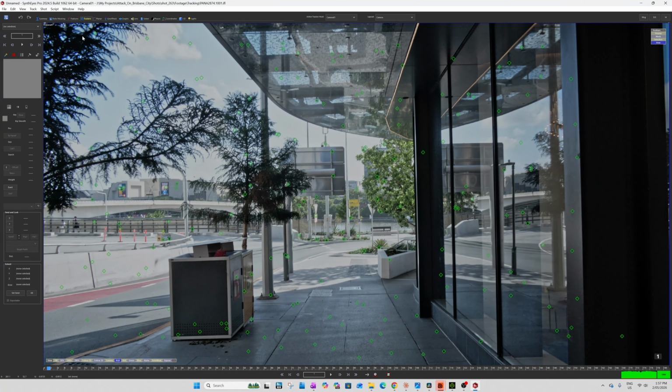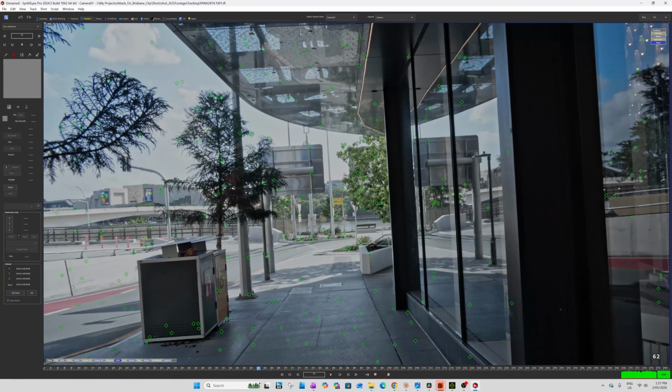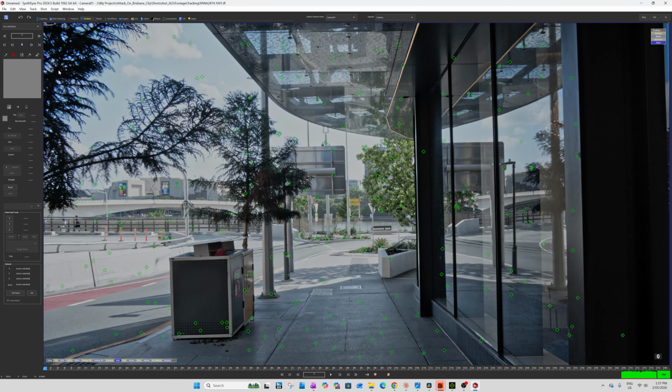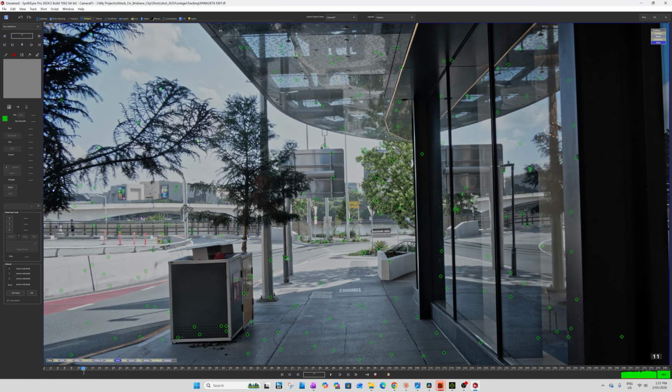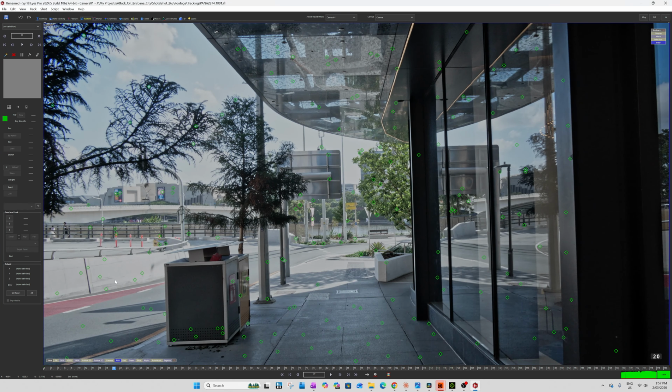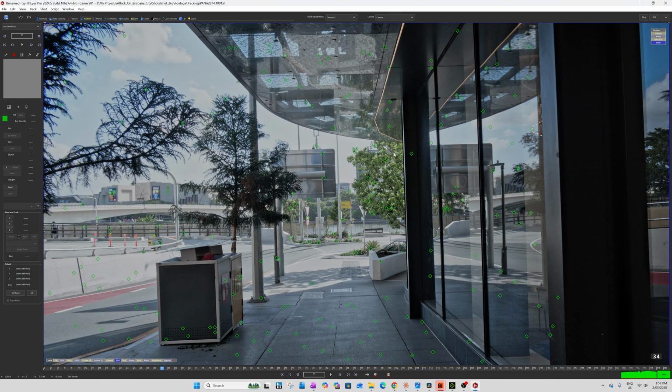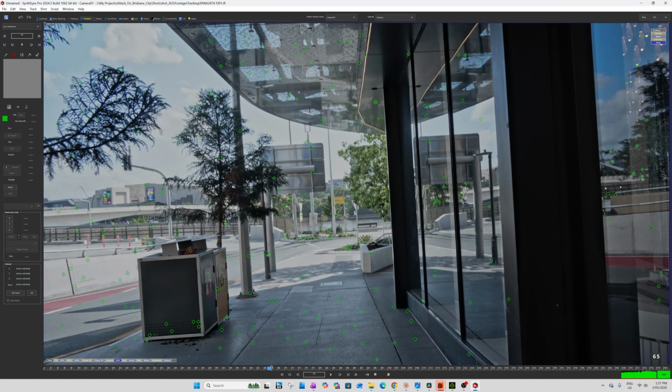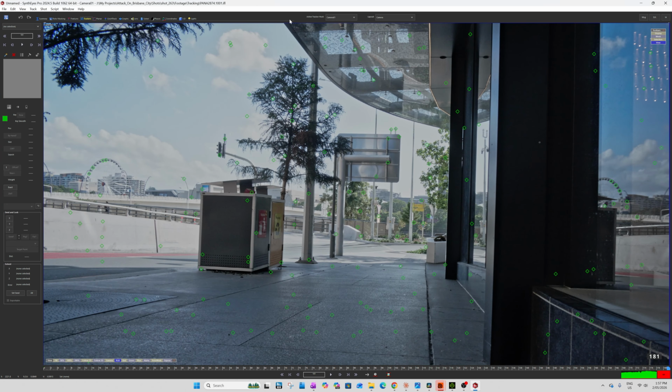Let's just have a look. So things on trees you wouldn't want. Clouds are never trustworthy. So yeah, you would kind of go through and do all that. You can see the tree swaying, so I'd throw it way off. I don't know if the wheel's moving in the background.